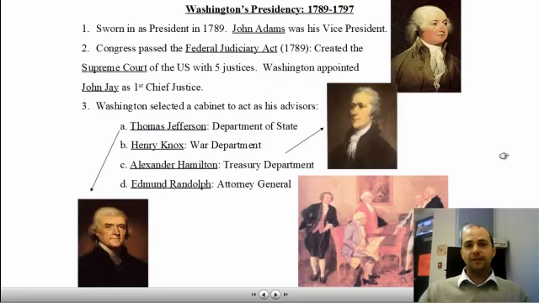Then Washington got to select his cabinet, who acted as his advisors. Those advisors were Thomas Jefferson in the Department of State, Henry Knox, the head of the War Department, Alexander Hamilton in the Treasury Department, and Edmund Randolph, who served as the Attorney General. These 4 men had been with Washington throughout his military years and his political years,